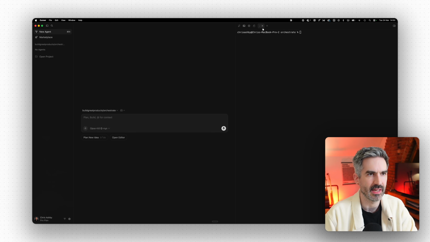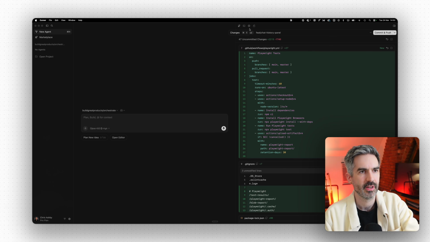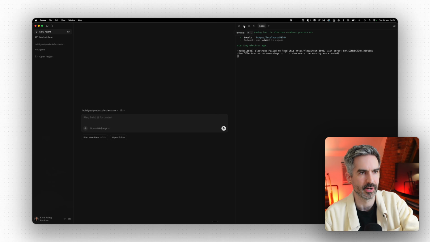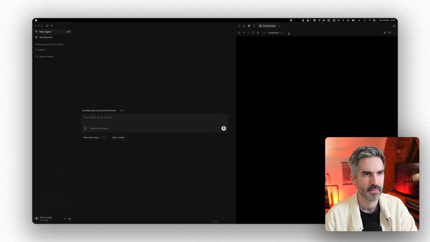And if I want to get this app up and running, I can open up a new terminal here and do npm run dev to get this started. And this is great because it means I don't have my terminals clogging up my screen in this interface. I just have it only visible when I want to jump into the terminal and see what it's doing. I also have the browser here, so if I do want to go into the browser to view this app,